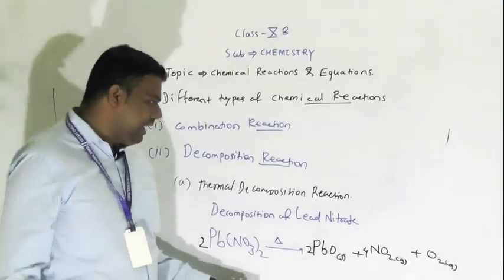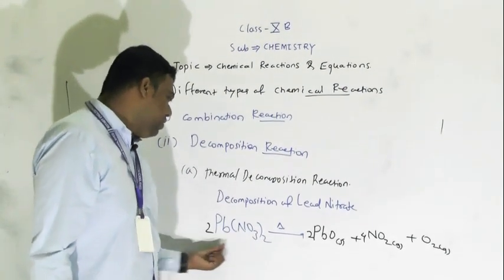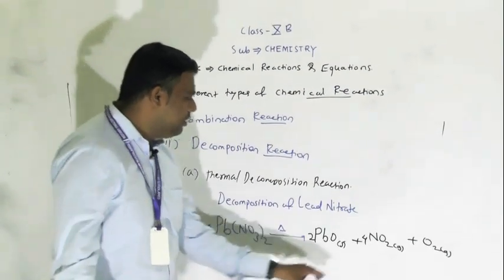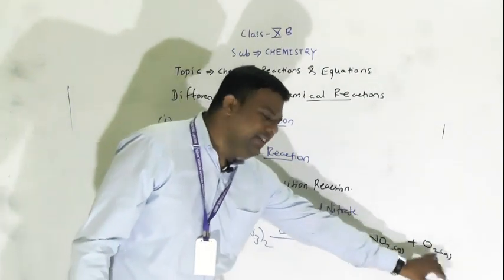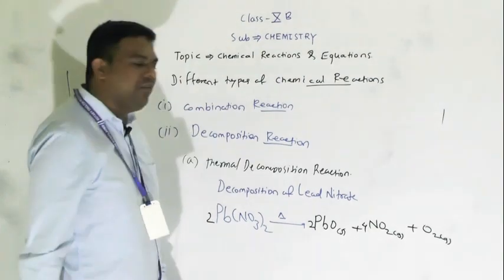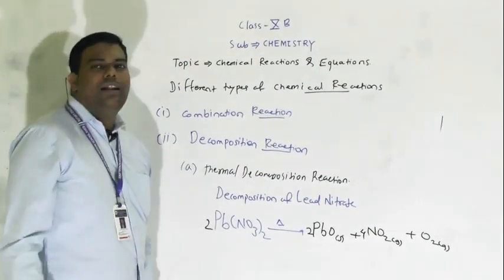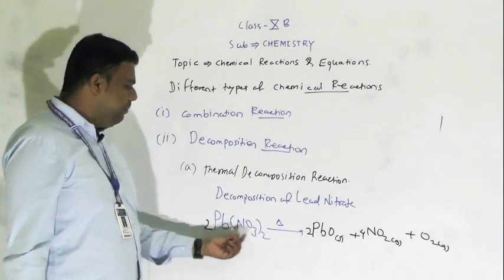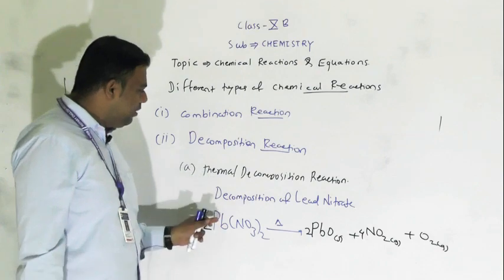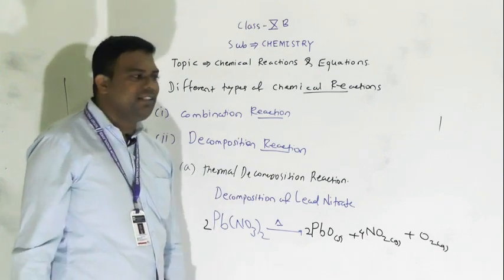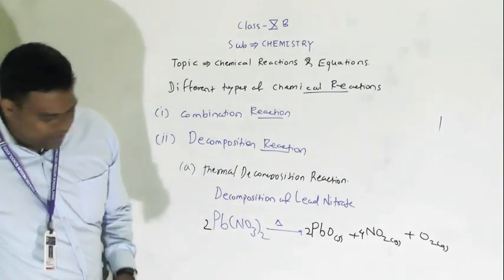Okay, now it's time to balance your oxygen. So see here 3 times 2 is 6, 12 total oxygen. Okay, see these 2, then 8, 10 and these 2, so total here 12 oxygens are there. So this is the decomposition of lead nitrate, that is Pb(NO3)2. Okay, now we will also take one more example in your thermal decomposition reaction,